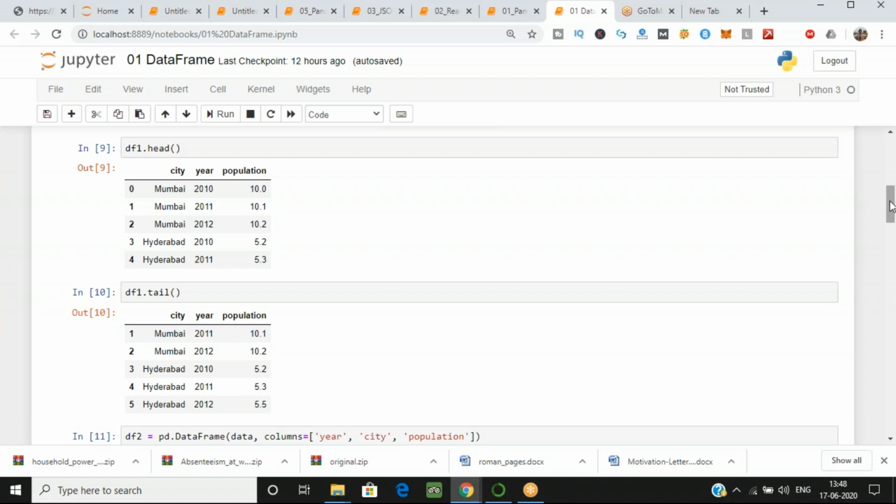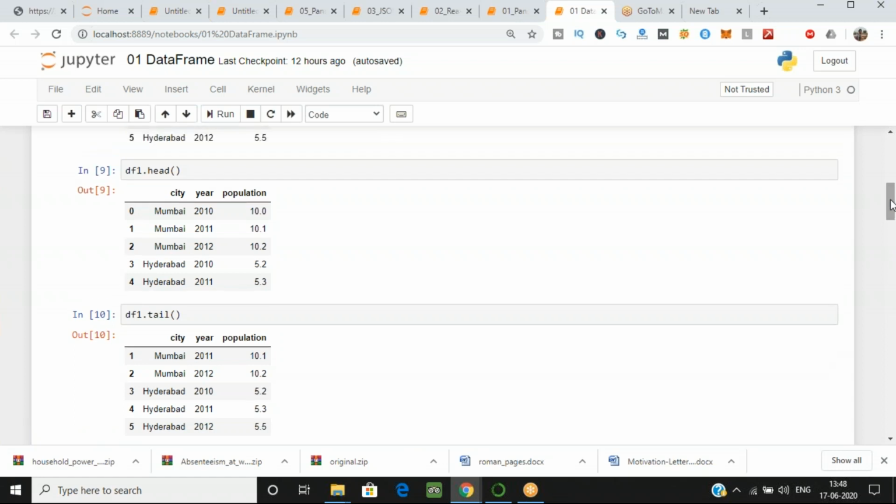If I want my data frame to include only two columns, first year and then population, there are two ways we can do that. So tell me the two ways how we can do this.